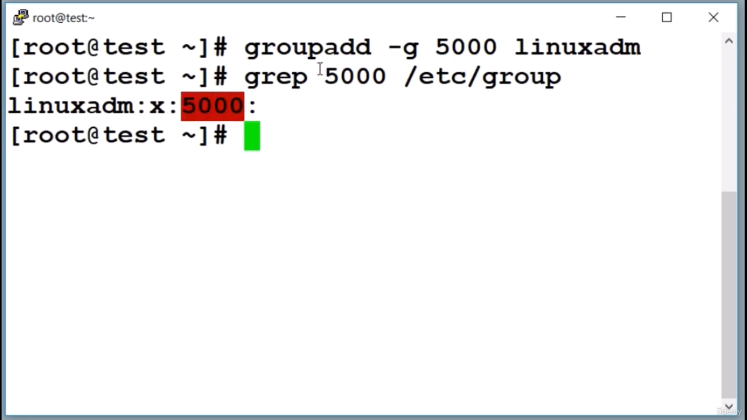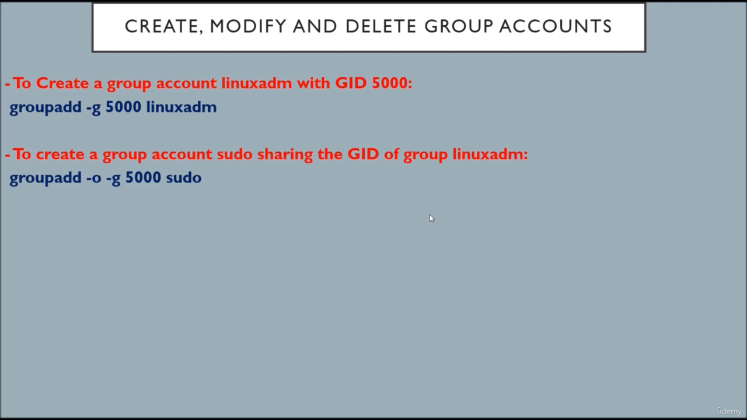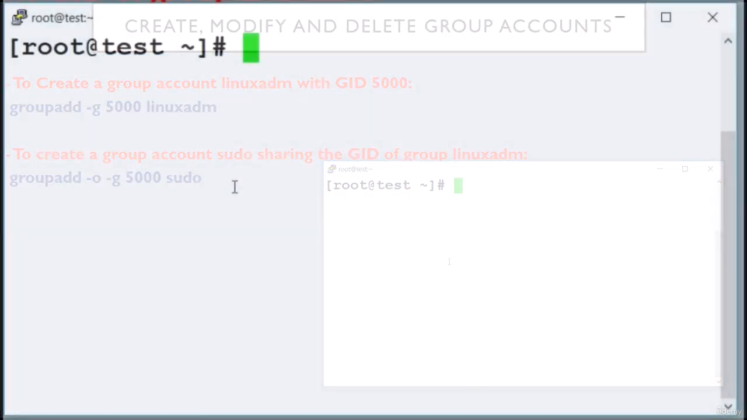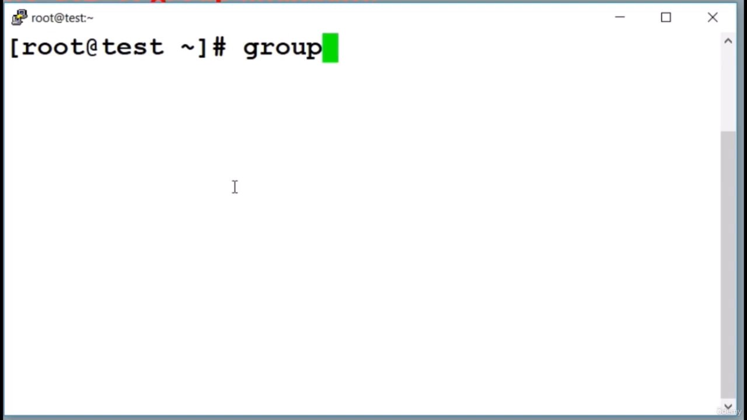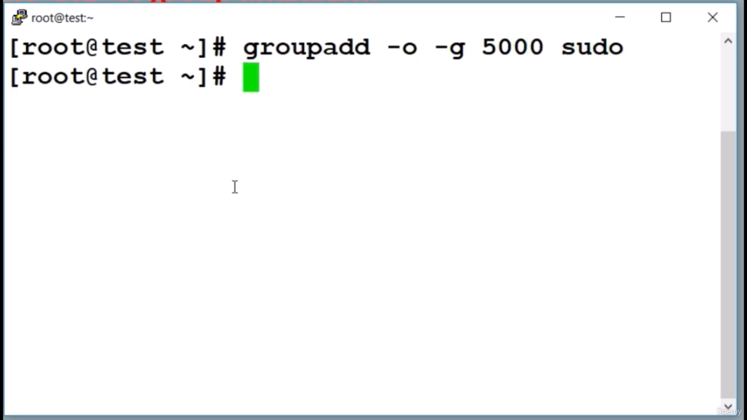That's the group ID. Next example is to create a group account called sudo, sharing the group ID of group Linux ADM by using the following command. So let's try that as well. Again, we will use the groupadd command, -o -g 5000, and mention the group name. Let's grep for it